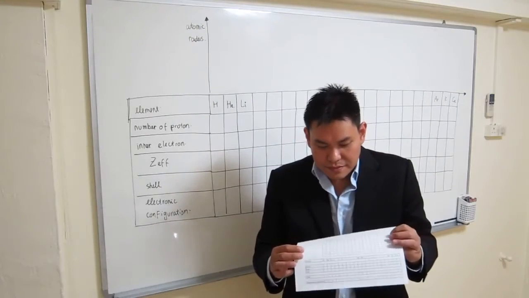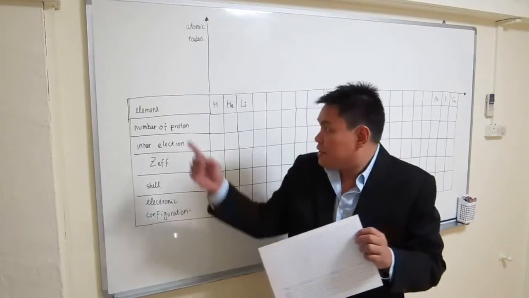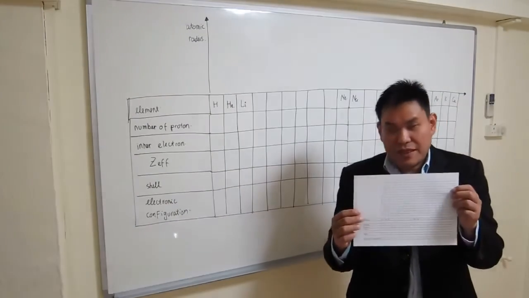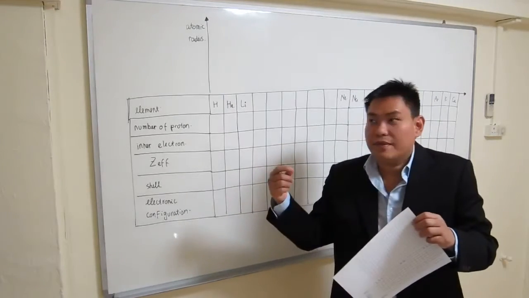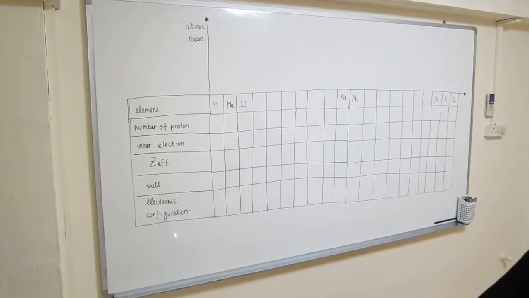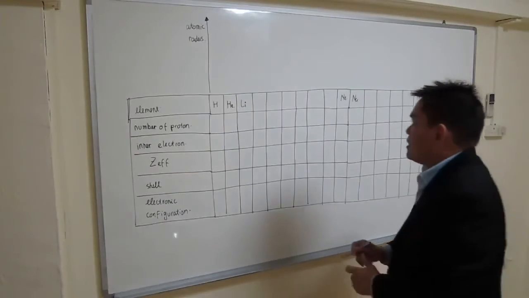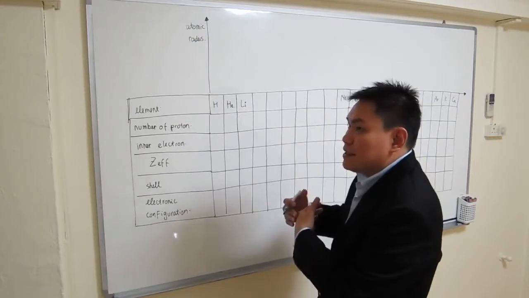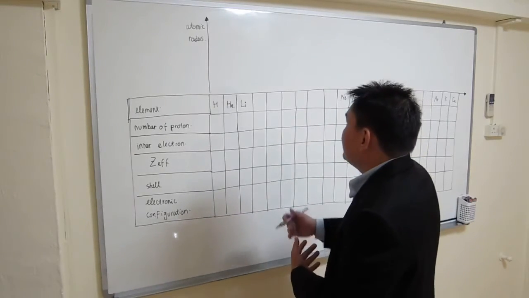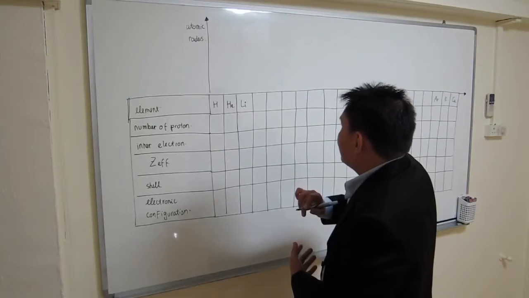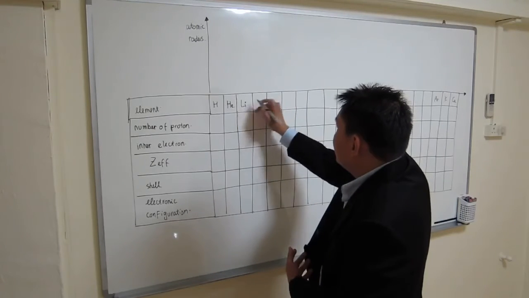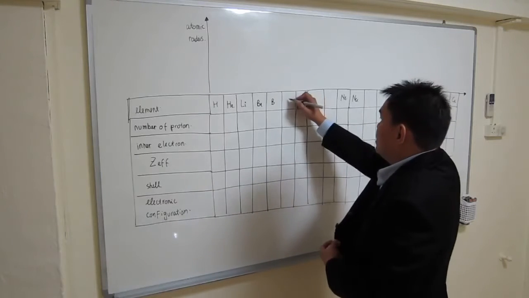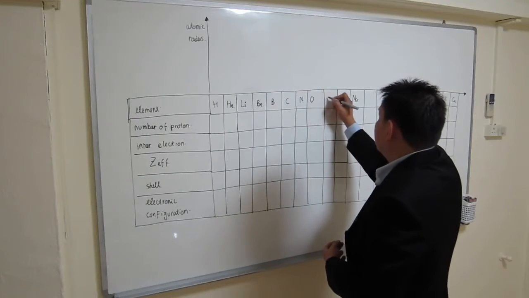So we are going to fill this up together. You can print this after you're ready, then we fill it up together. Now, the first one is filling up the name of the element. You might need to refer to your periodic table. For me, I think I remember. After lithium is beryllium, boron, carbon, nitrogen, oxygen, fluorine,